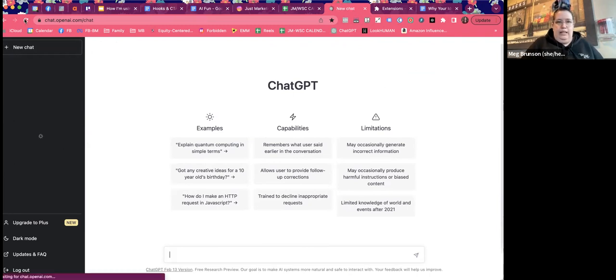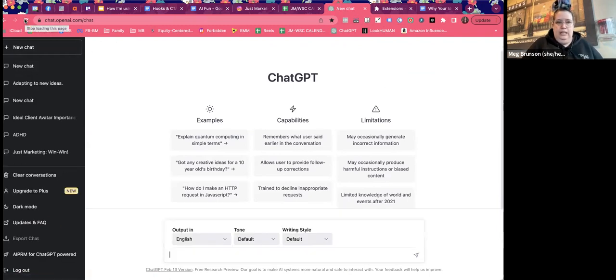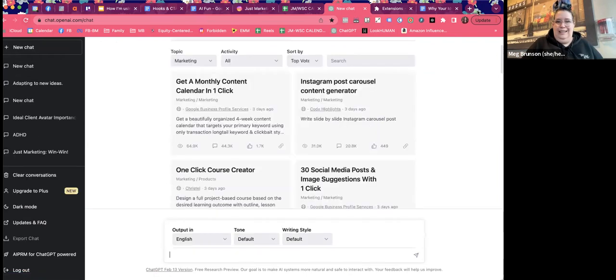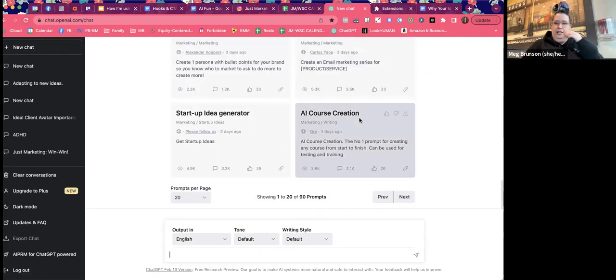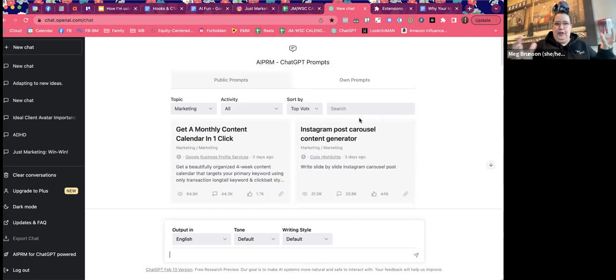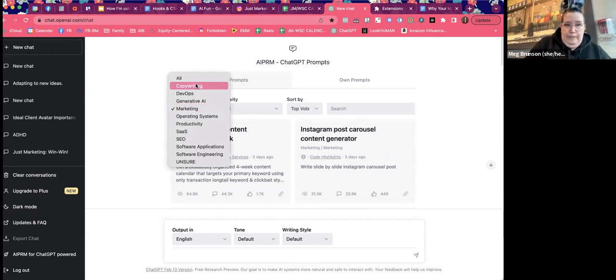I turned that extension on. This changed, but I'm waiting for something else to change. There we go. So what this extension does is it pulls in prompts from this plugin where people contribute. So it's almost like Tumblr or something, right? Where you can contribute and then people can use your thing. You can go into copywriting,